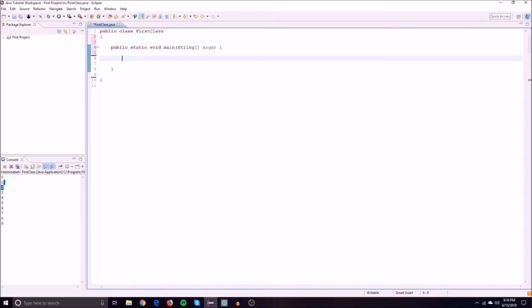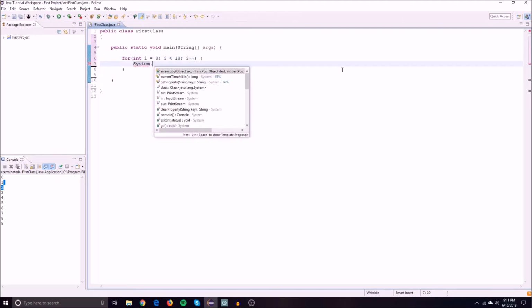So we start off with the for loop, basically how any other loop is written, with the keyword for, the parentheses, and then this is where it gets a little bit different. You're going to write int, and then the common practice is i, set it equal to 0, and then a semicolon. Then you do i is less than 10, this part is the condition, another semicolon, and then i plus plus. So then you use your brackets, and then just to show what's going on, we'll do System.out.print